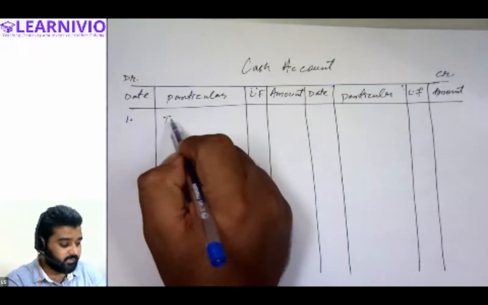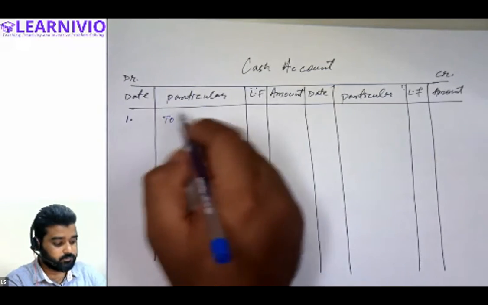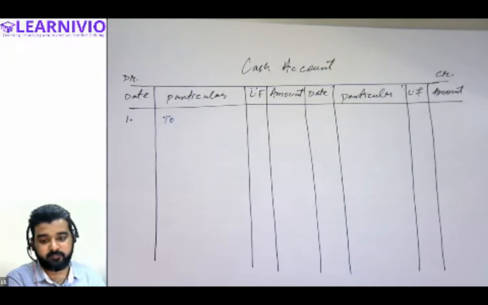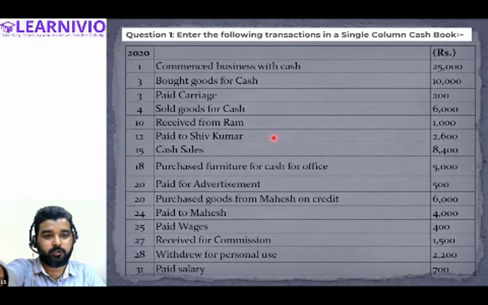So we will write: no purchase, no sales, no goods, no trading. Only for starting, we have started business. Whenever you start a business, you have to make an initial investment, no? You have to put a certain amount as an investment into the business. So this is the initial amount that we have put into our business. We have invested 25,000 initially. This will be considered as capital for the business, right?